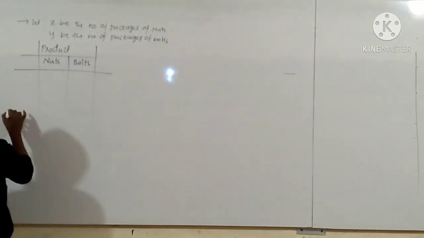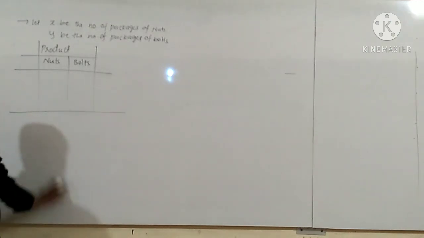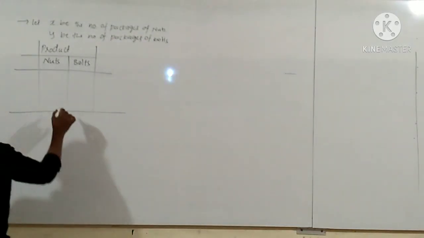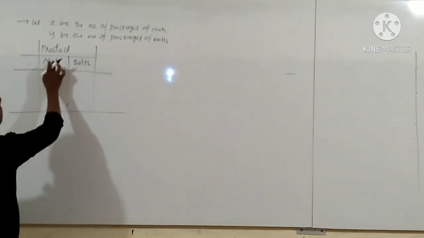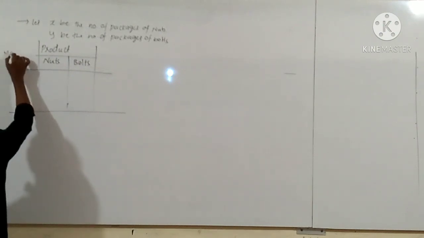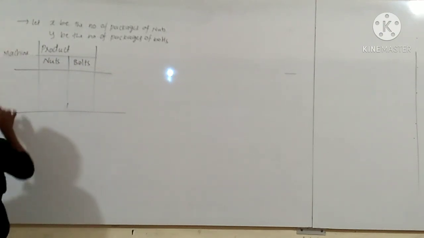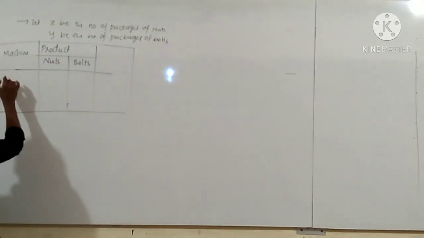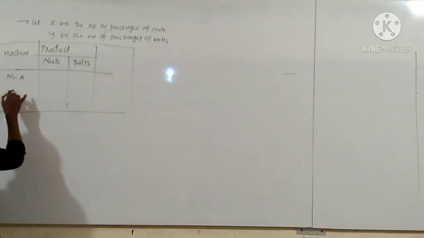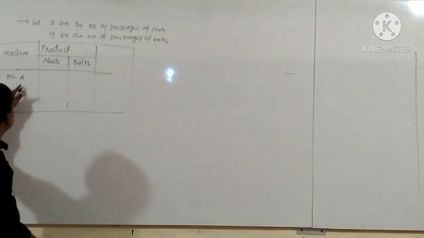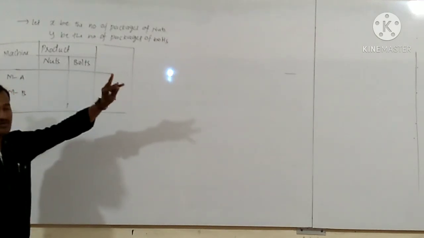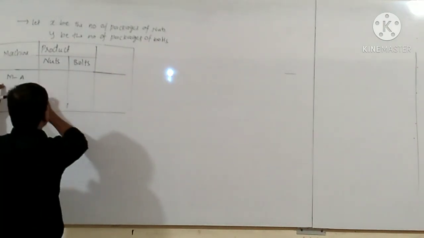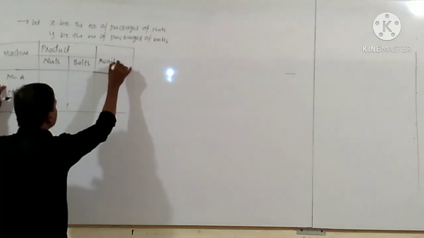Here we will write the mathematical formulation. First we will convert the given problem into mathematical form, right? So here to produce these products they are using the machine. So here we will take the machine, right? So what are those machines? Machine A here I will take, and here it is machine B. By using machine A and machine B, we are going to produce the nuts and bolts. And the availability of these machines. So here we will take availability.